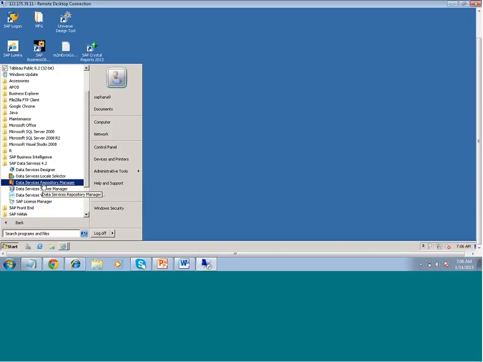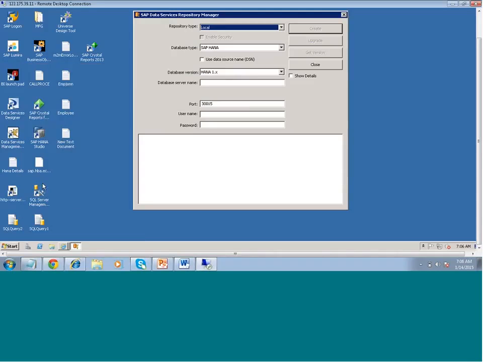We have something called a repository manager. So you have to identify which repository you have to create, whether it is local, central, or profiler. But by default, for the very first time, if you are creating a repository, that repository would be local,